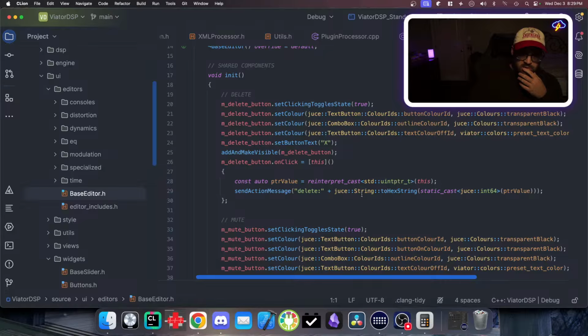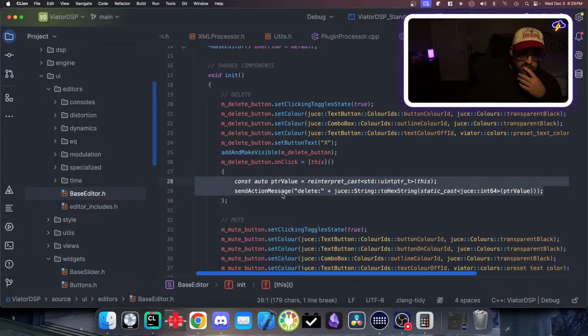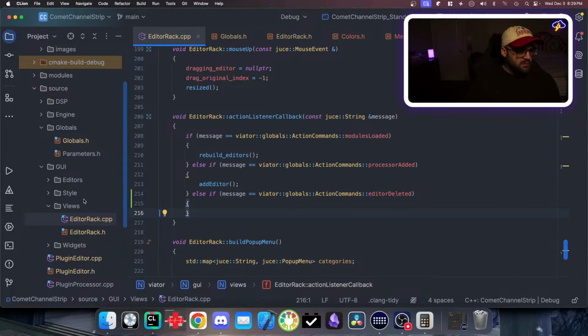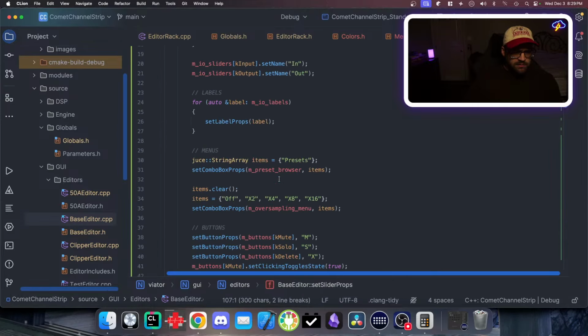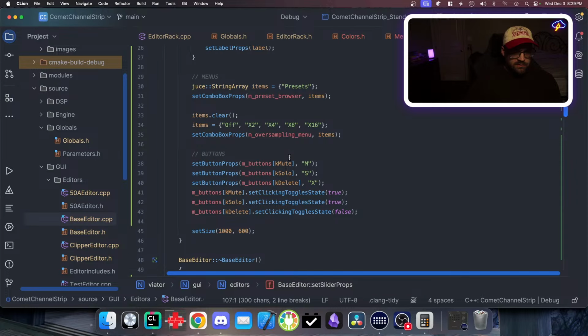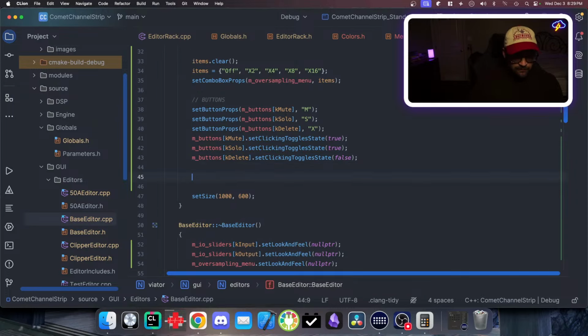Okay. So delete and then the name of the thing, and then we cut that out to know which one. Man, there's no way this is the best way to do this. Let's see. Let's go here and we'll go to base editor again. And we need to say button. Did I say M buttons delete